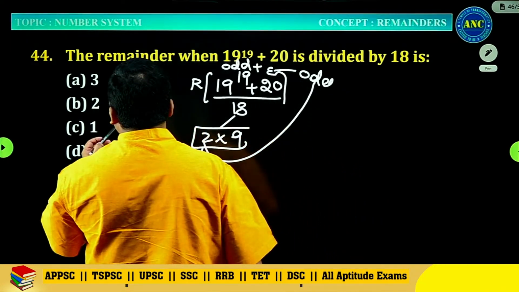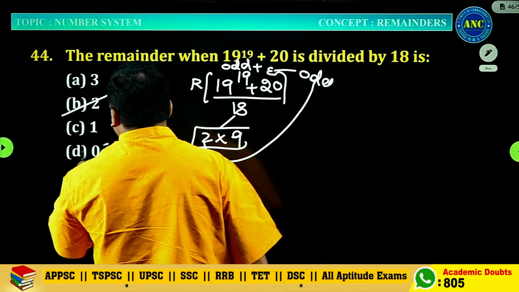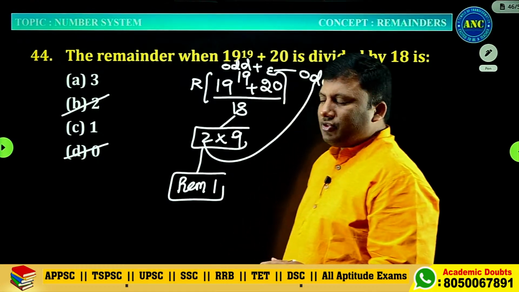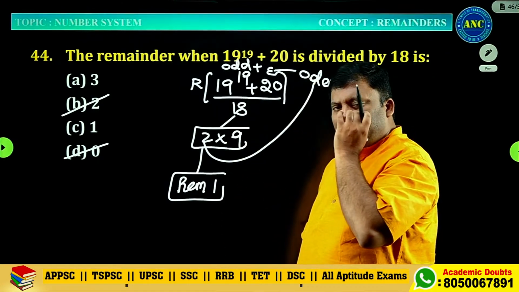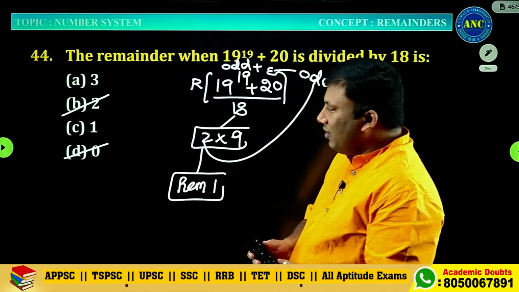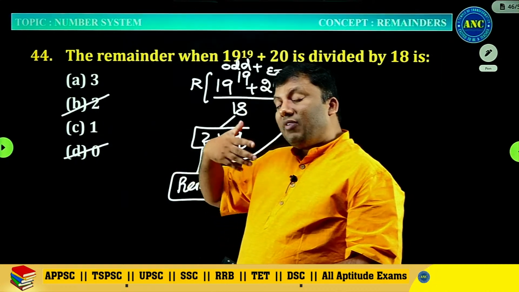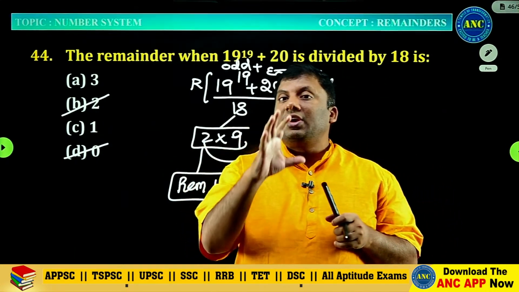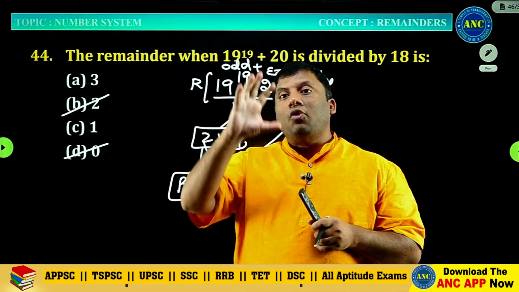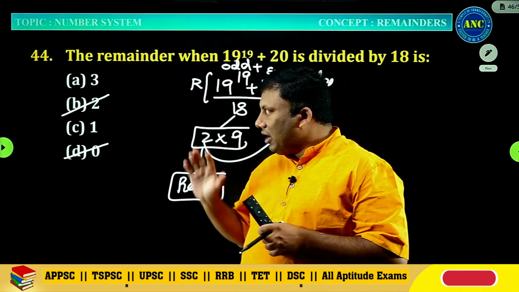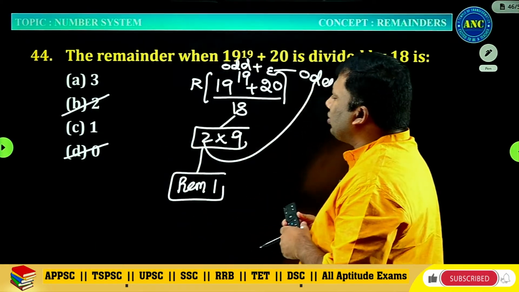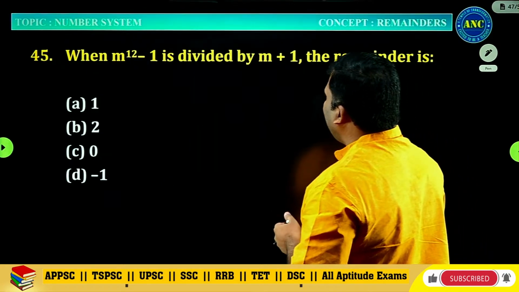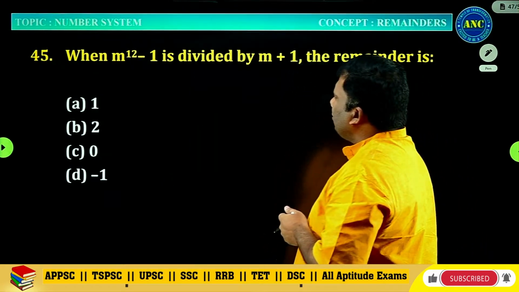And that means it is an odd number. It cannot be. Just by looking at the question itself, 2 options are eliminated. We are stuck between the other 2. Again, when I am discussing a theme, this is how you can eliminate 2 answer options without getting into problem solving. Again, I will come back to solve each and every question. This is how I will solve the question, sir.